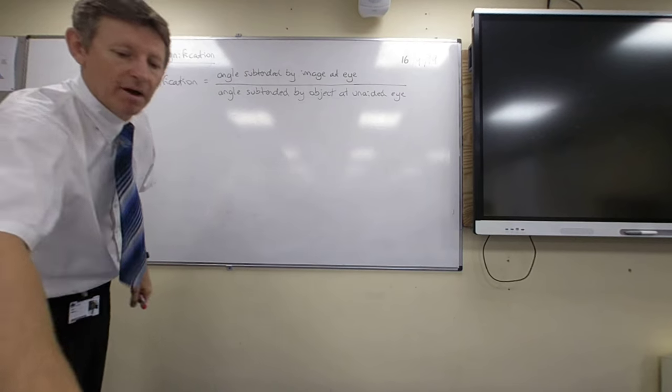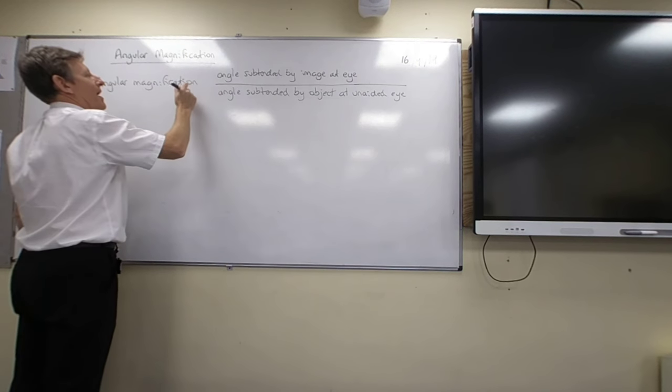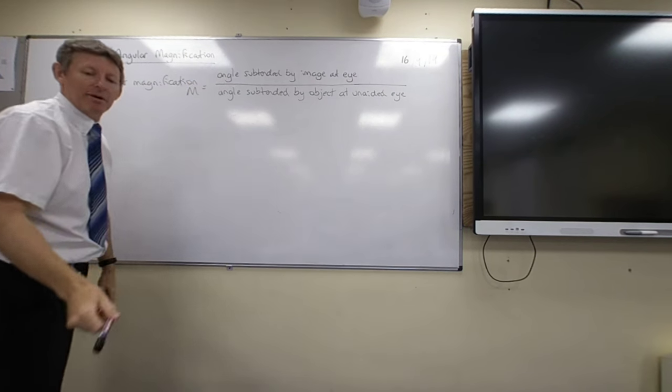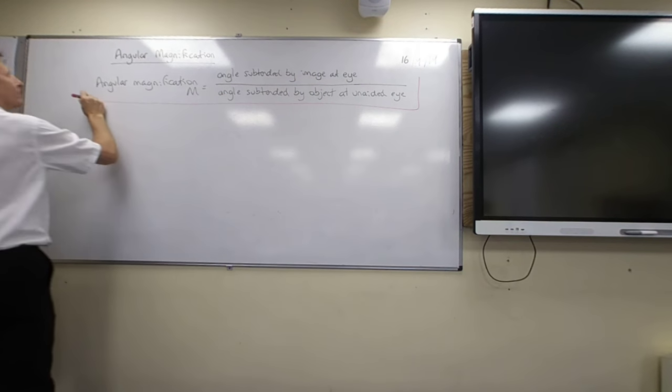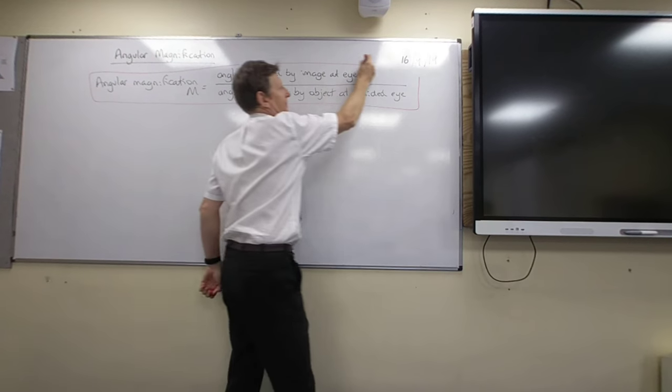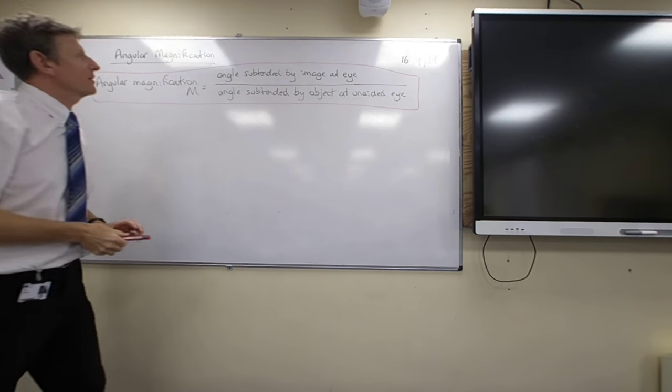And I've missed off the M. M equals, so capital M is angular magnification or magnification. So the angle subtended